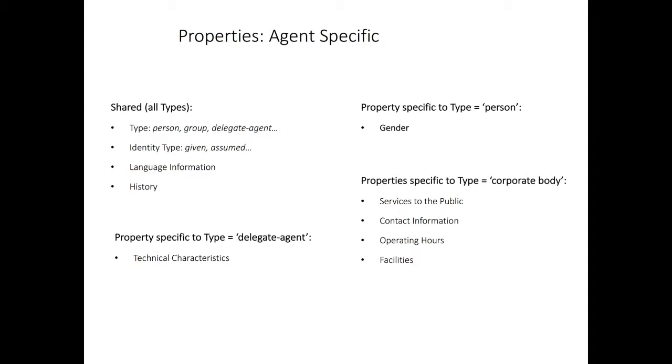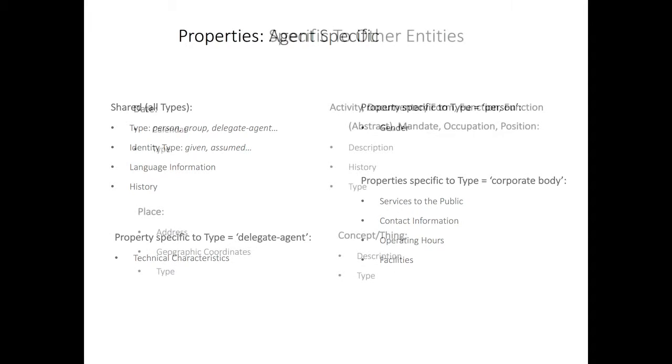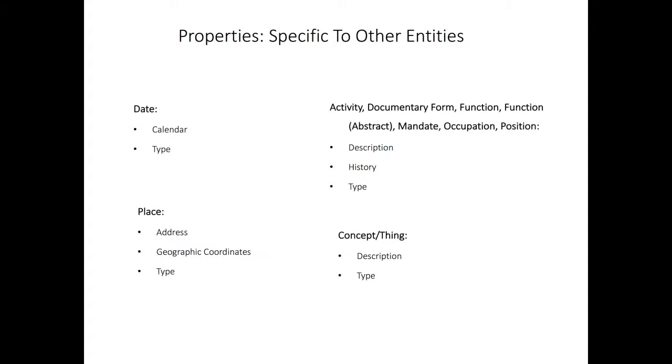As well as a type property to allow characterization, for place we have additional properties allowing the capture of geocoordinates and addresses, as well as those that describe the calendar relating to a particular date. The remaining entities, modelled so far less specifically perhaps, have three additional properties allowing for their characterization by type, a general description of a particular instance of the entity, and its history.